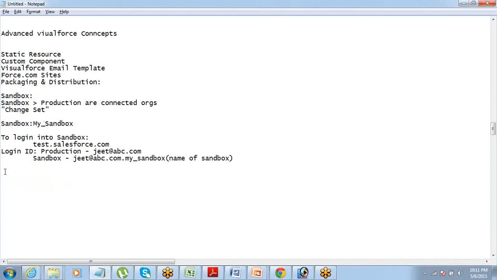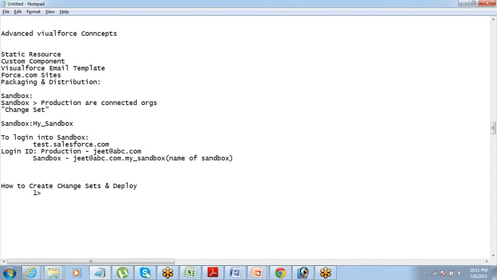Okay. Now, how to create change sets and deploy. It's a very simple thing. There are 4-5 steps which you just have to understand and keep in mind. That's it. Step 1. Basically, all the development we do in the sandbox. Once you have developed something, tested it, and are ready for deploying it,